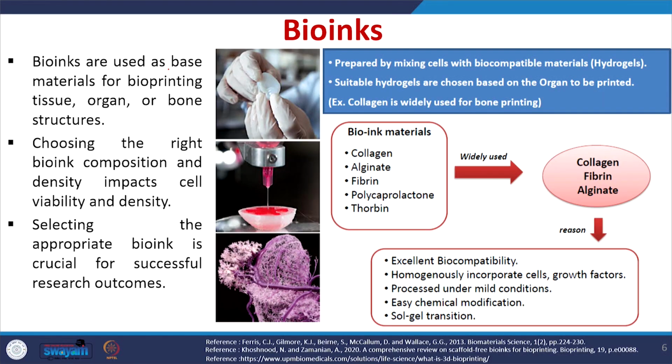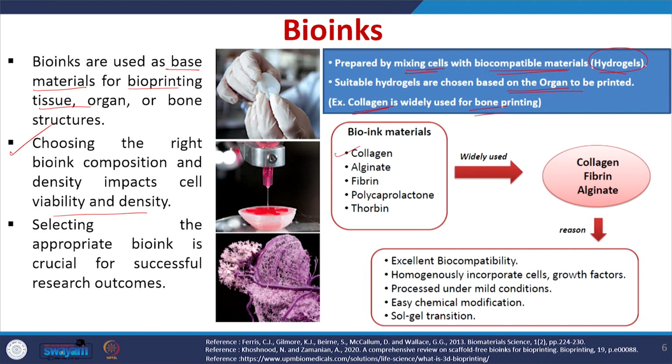Bio inks are used as base materials for bioprinting tissue or organ or bone structure, and selecting the right bio ink composition and density plays a very important role in the cell viability and density. So these bio inks are prepared by mixing the cells with biocompatible materials. For example, we can use hydrogel, and selecting the suitable hydrogel or the particular biomaterial is based on the organ which you are planning to print. For example, if you want to print the bone, you can use the collagen because the collagen is widely used for bone printing, and these are the various other bio ink